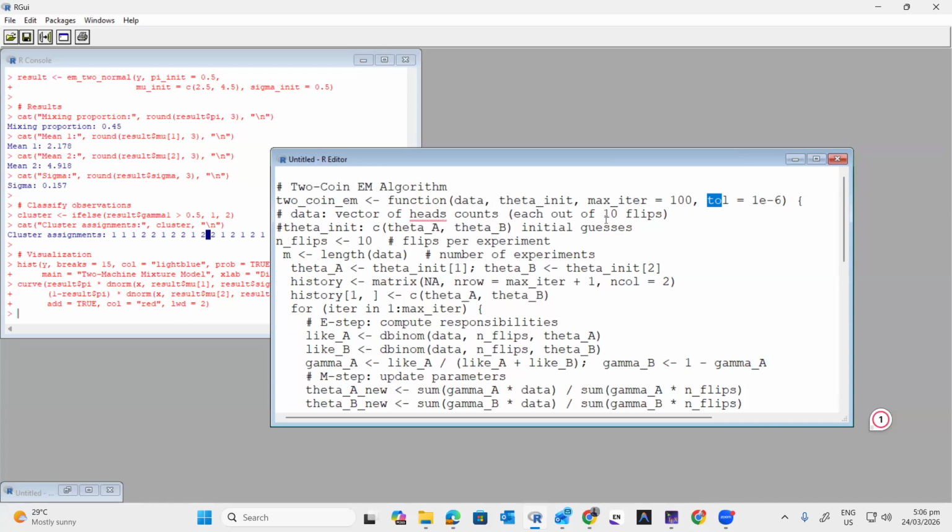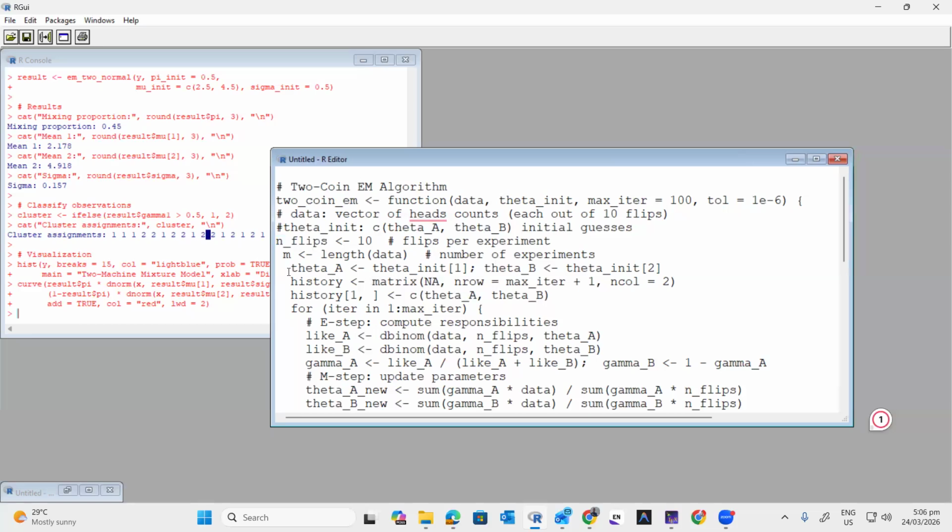After that, we have the vector of heads containing the number of heads out of 10 flips, and theta initial. n flips is 10, so we are going to flip the coin 10 times in each experiment. M is the length of the data, which means the number of experiments. How many times are we going to repeat our experiment? That will be in the